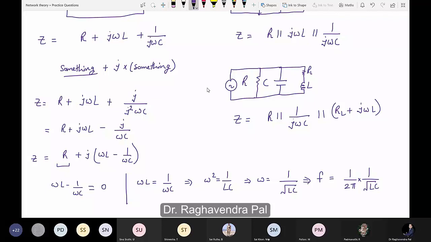Okay. So now you will have to calculate this one first. Then after calculating this, collect the j term and obtain the multiplication factor of j, which is the imaginary part, and put it equal to 0, and then calculate the value of omega. Okay, put omega on one side and the other things on the other side. Okay, and if any quadratic equation is made, solve it.